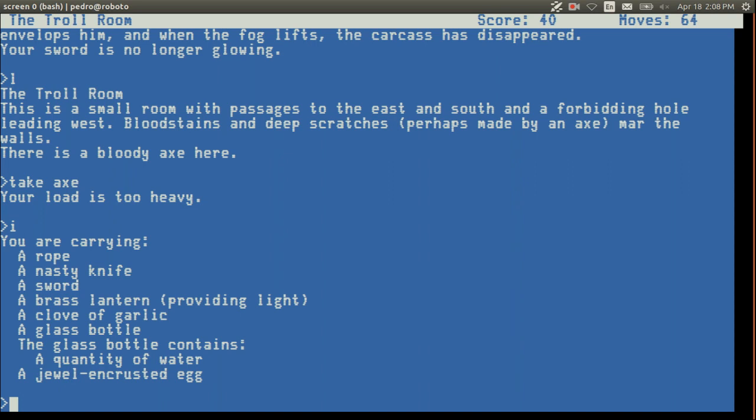Or the garlic might be important. Yeah, well, I was gonna say, by that logic, the nasty knife will also be Chekhov's nasty knife. The thing is, there's got to be red herring items because they're making us drop stuff. Or it's just about resource management and backtracking. But yeah, we legitimately need the water. Well, I don't know, we could drink the water. We're thirsty.